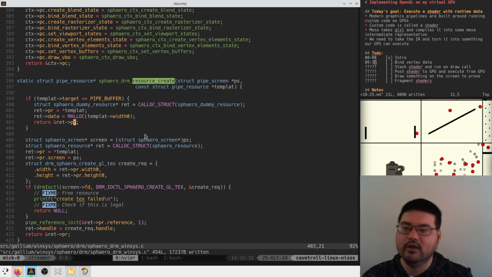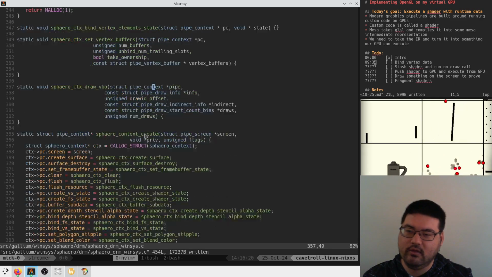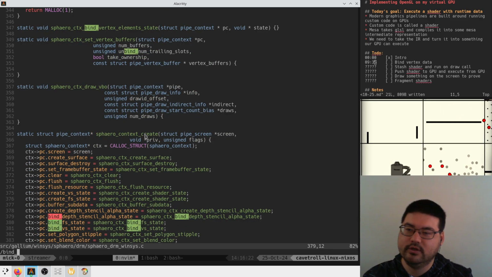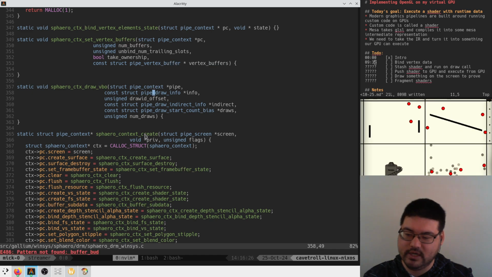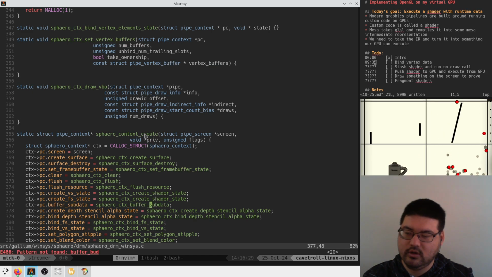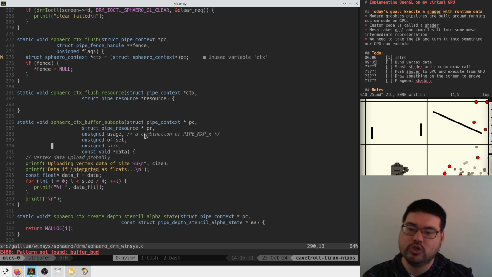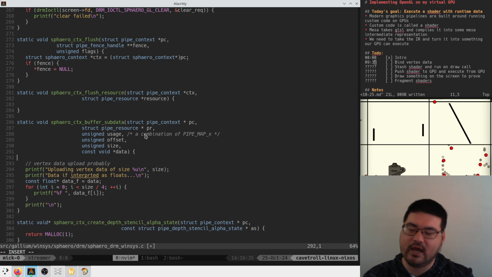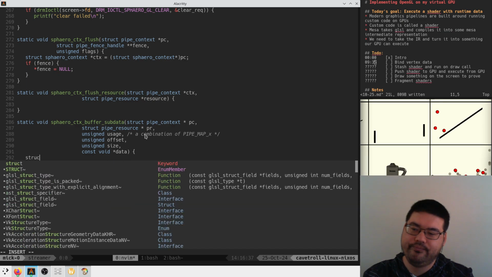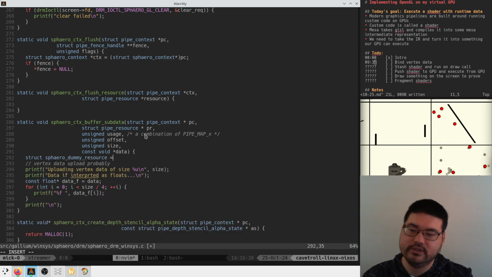We return the thing. Okay, so now we know that when we call bind, what is it? Buffer subdata. We should have the input here as our struct. So we should be like Sphero dummy resource is equal to